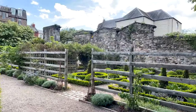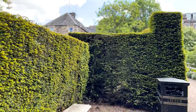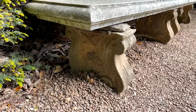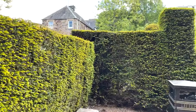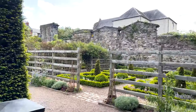And it's beautiful. Oh, even the benches, I'm just going to show you this. Well, it tickles me. It might not be beautiful to you, but I just love the detail on the legs. You see the grapes? I don't know if you can see them there. But it's just lovely, the detail that's in here. Now, both the design and the plants were inspired by authentic 17th...